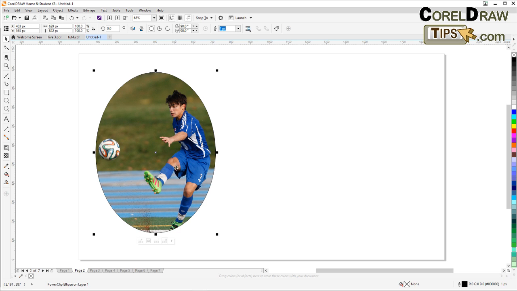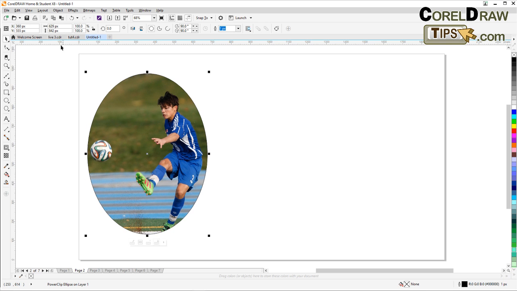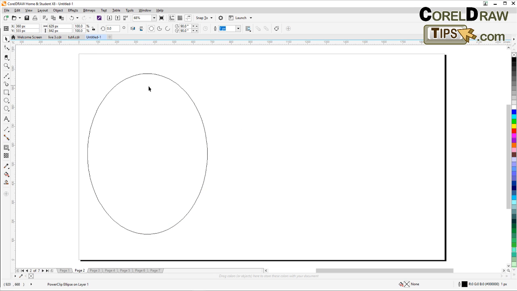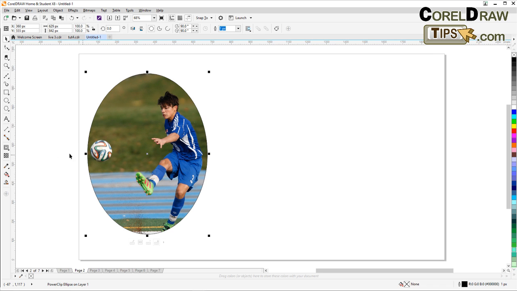Now, what are the advantages of PowerClip? One of the advantages is, once you create a shape and you power clip the photograph and put it inside that shape, this shape is now a vector shape. So if you go to View and click on Wireframe, you'll notice it's a vector. It's not a JPEG. It's not a bitmap anymore, which is good,